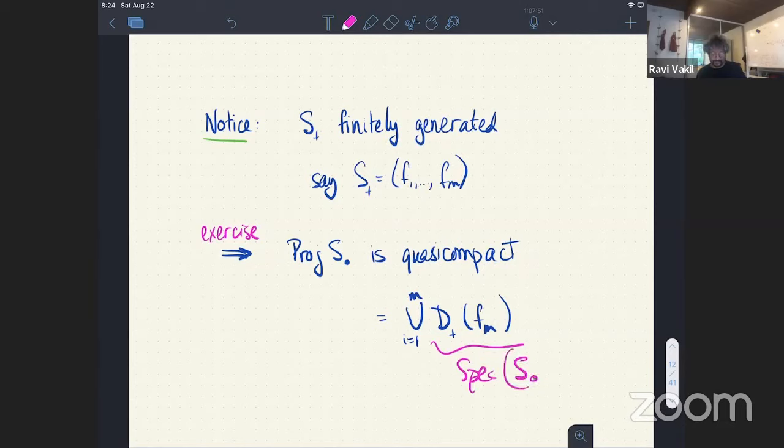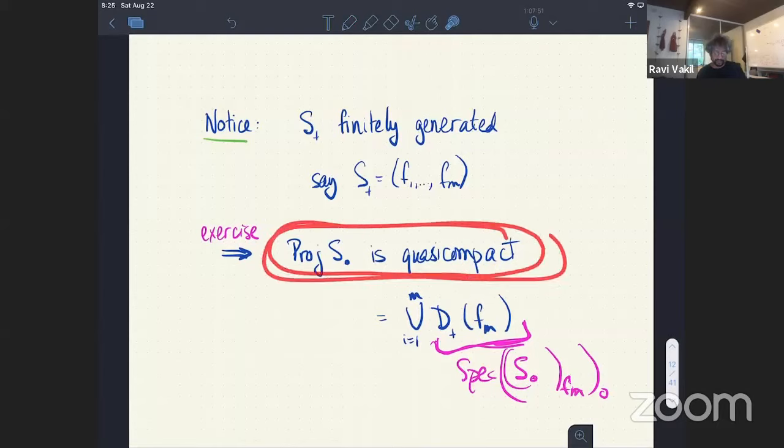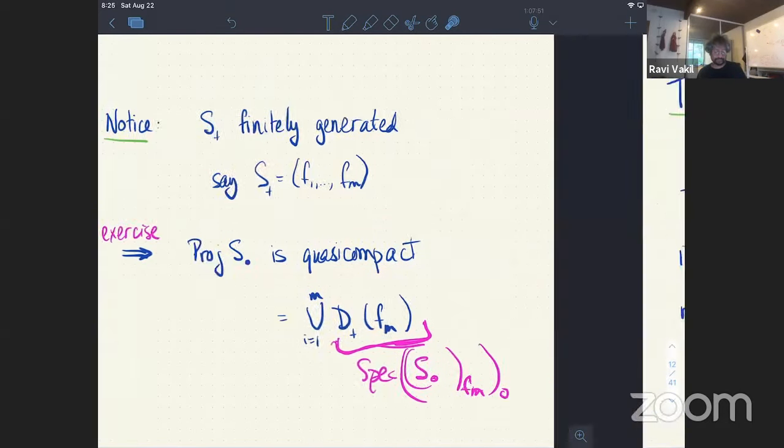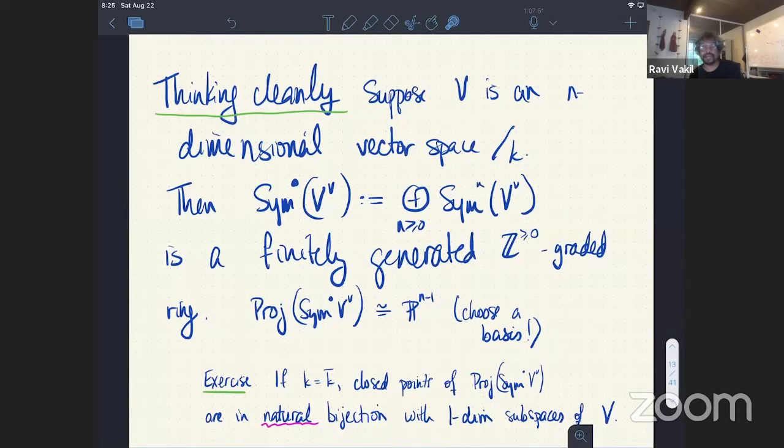You take S, you localize it at M, and you have four subscripts, even better. And you take the zeroth graded piece. So it's covered by finitely many affines, and anything covered by finitely many quasi-compact things is also quasi-compact. So any affine scheme is quasi-compact, and any Proj is quasi-compact as well. Okay, and so the last thing I want to say about Proj is that when you think cleanly about it